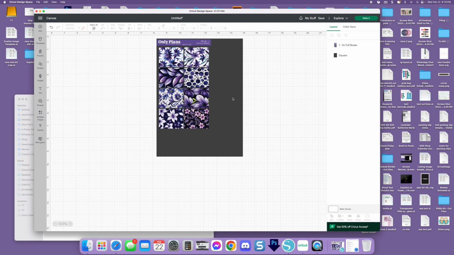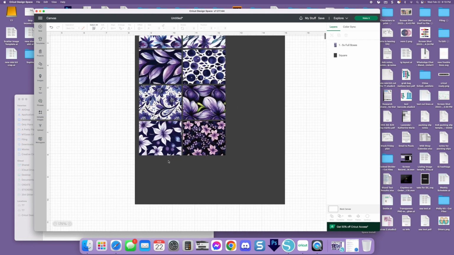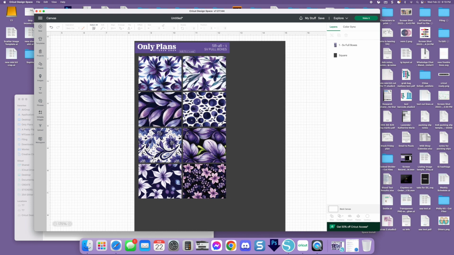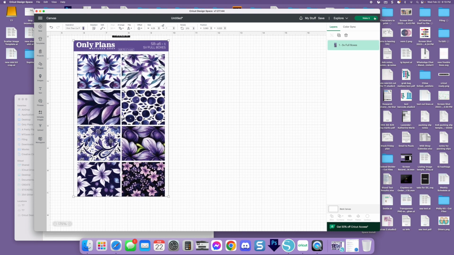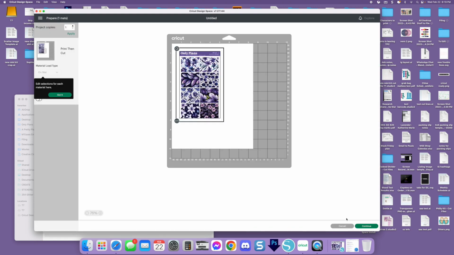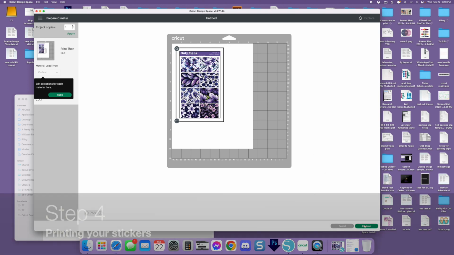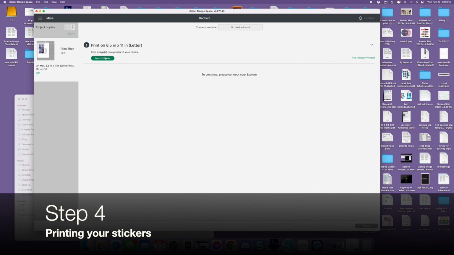And basically what Cricut does is take all these spaces in between and ignore them and just cut around the actual artwork parts or the sticker parts. So it knows that this rectangle here is a sticker that it needs to cut. There is a built-in bleed option with Cricut. So if we delete that and we go to make it where it says print and cut, and then these lines here, this rectangle is the print and cut, like the registration marks for the Cricut. I believe if you click continue and then send to printer,